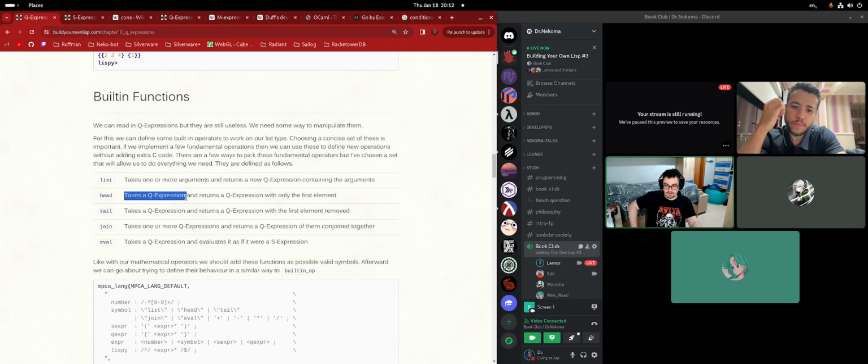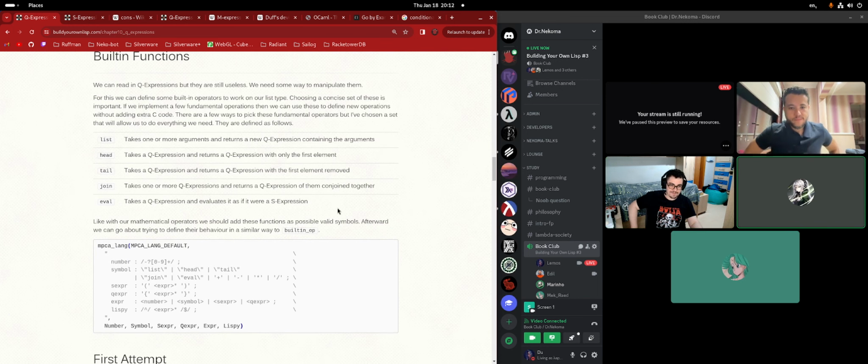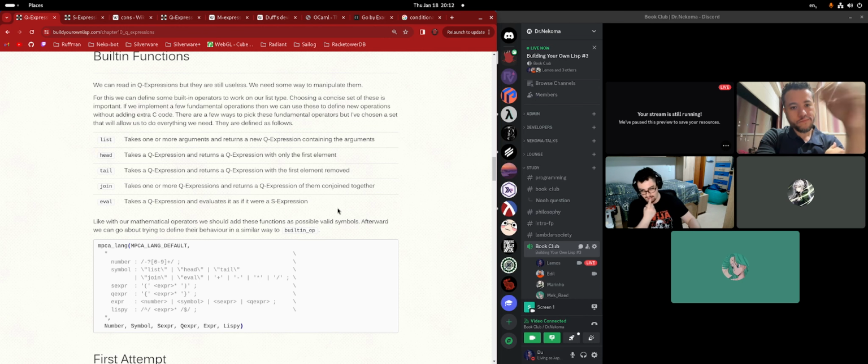It takes a Q expression and returns a Q expression with only the first element. But why? It picks a list and returns a list. Wouldn't you just want to take the first element to begin with? It's not Haskell's head. It doesn't pick a list and return an element. It picks a list and returns a list, but the second list only has the first element.